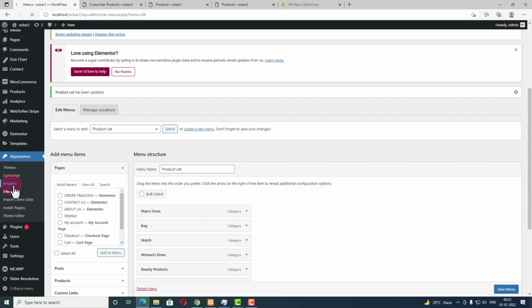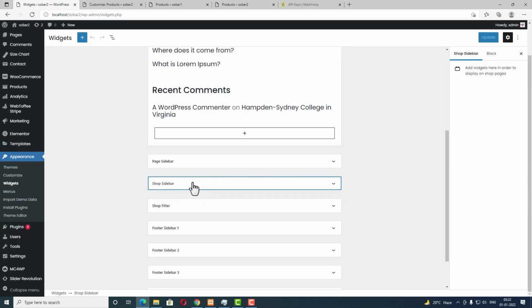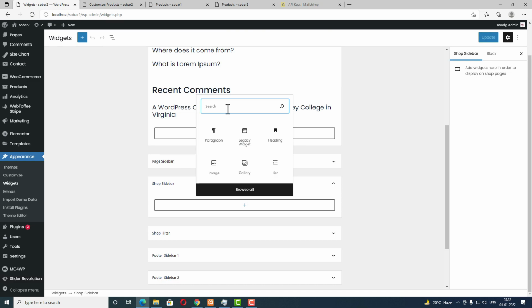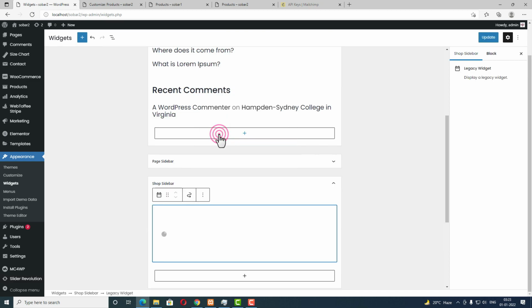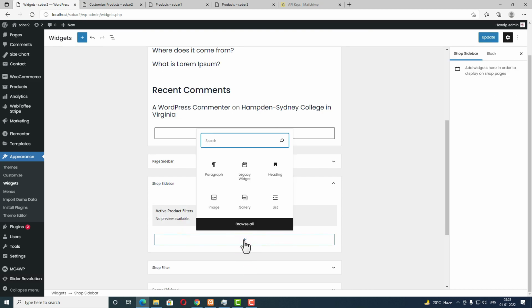Here you can see the widget option, just click on the widget option, scroll down. So here you can see the shop sidebar, just expand it. After that click on the plus option and search for the active. I need this one, active product filter. Click on this. After that I have to click on this plus option again and now I have to search